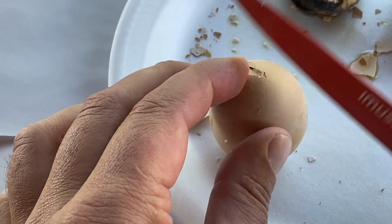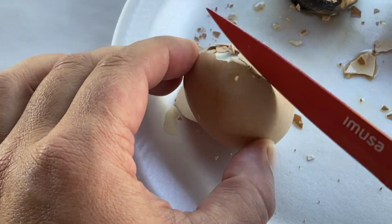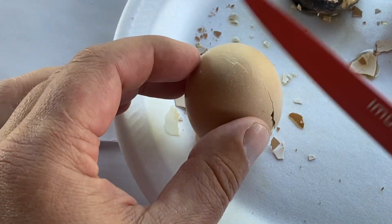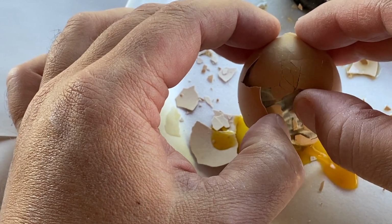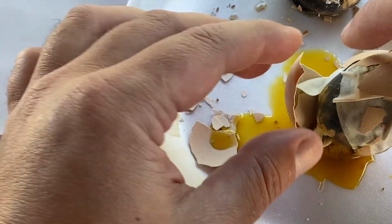I am not sure, but I'm curious. Again, I'm not a scientist. I'm just a guy that flies airplanes and likes to raise animals. Oof, definitely gooey. Interesting. Okay, so